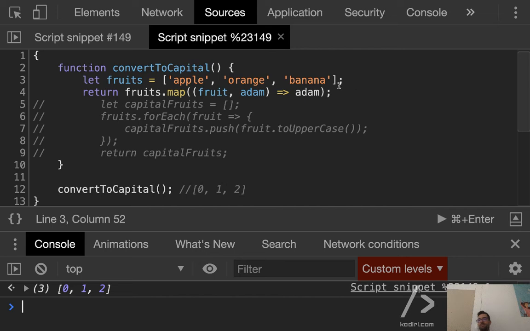Absolutely. So it's always the second. It's always the second. So there's an order. That's correct. You can take whatever you want here. So the first one is the current value. Doesn't matter, the first argument is always the element. You can call it whatever you like, it doesn't matter. The first argument is always the element, the second argument is always the index. So then what if